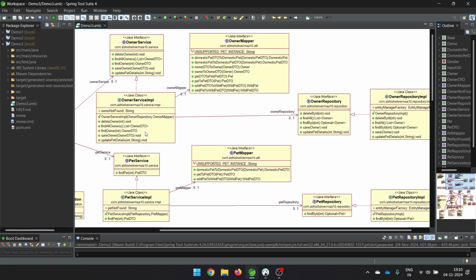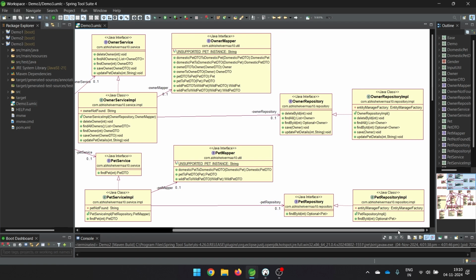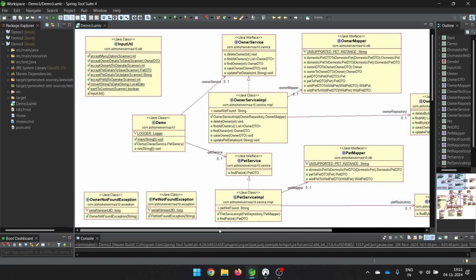Then from the service layer, we are moving towards the repository layer. And currently for the repository, we are having the interface as well as the implementation. So in the previous demo, we created this implementation with the help of Spring ORM. So hence we need these implementation classes as well. Then beside these, we are having the custom exceptions